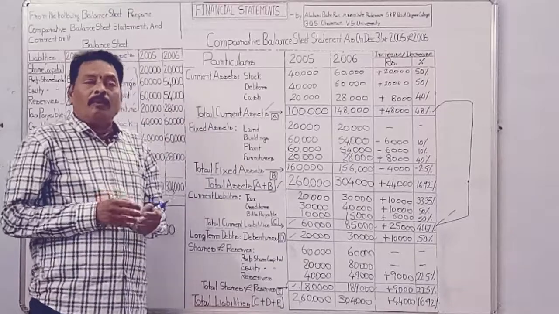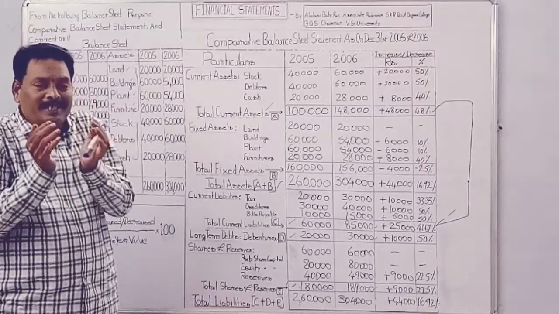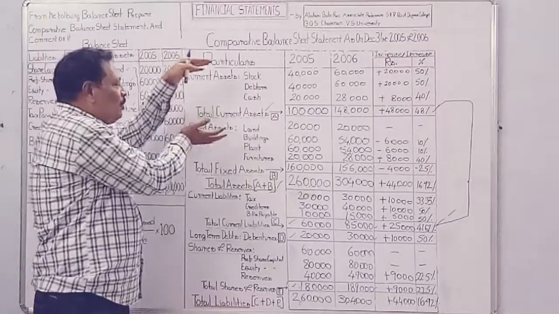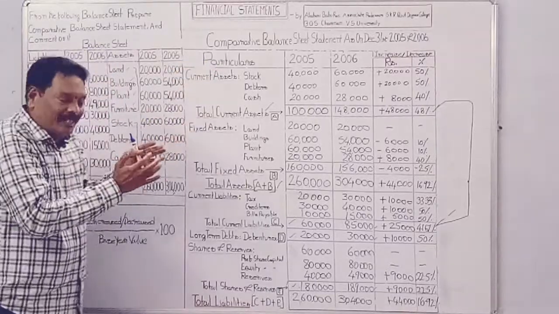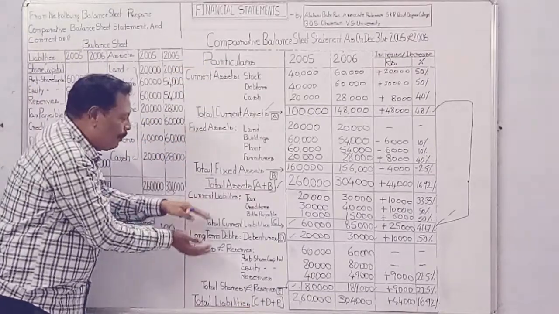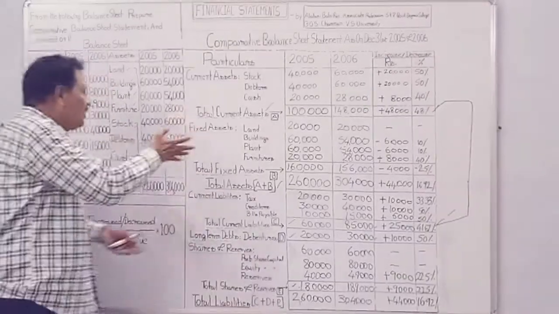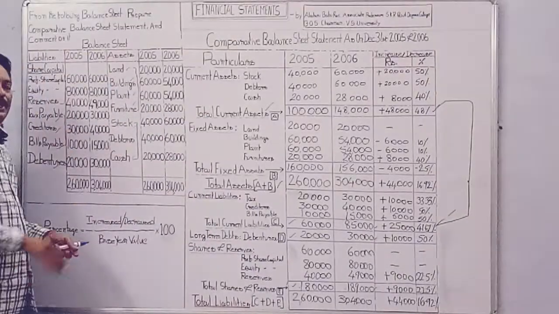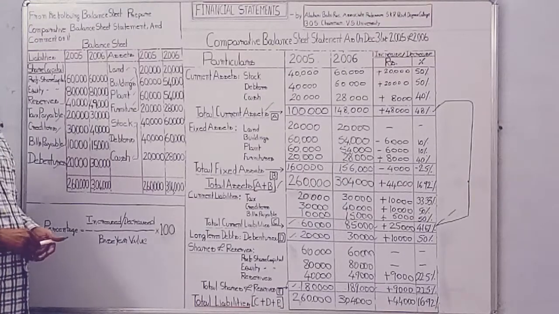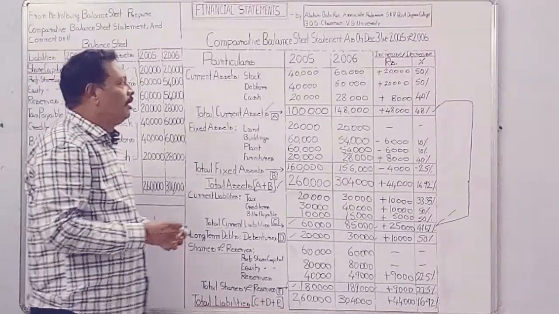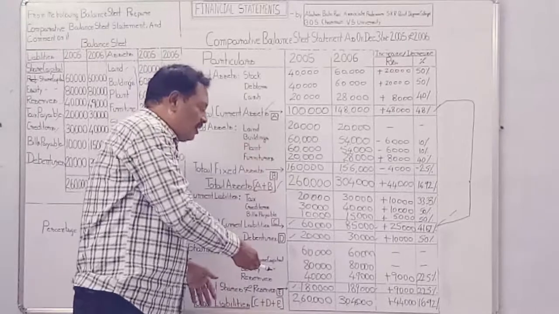But all these assets are classified into two parts. All these liabilities are classified into three parts. The division must be shown in the statement. Otherwise, this is also a balance sheet. So, when you finish this task,